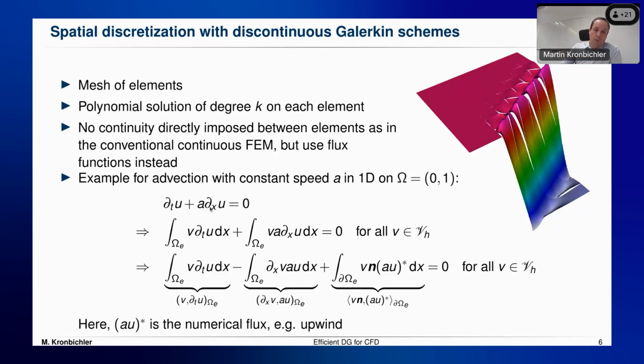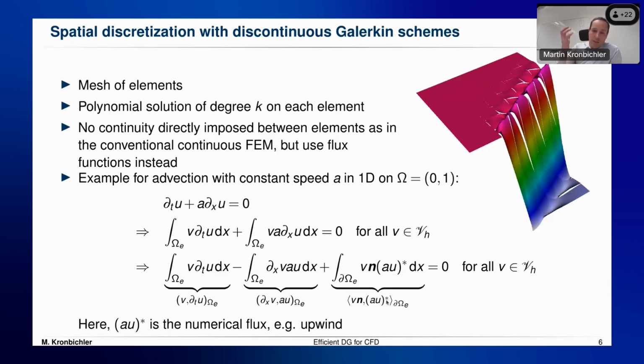We would integrate by parts eventually, and then for integration by parts, we get the boundary integral, and we use this to connect the elements. Of course, in DG methods, you don't have continuity over the element. So formally, you can only do the integration across a single element. So the connection needs to come into the numerical flux, which I write as A times U star,